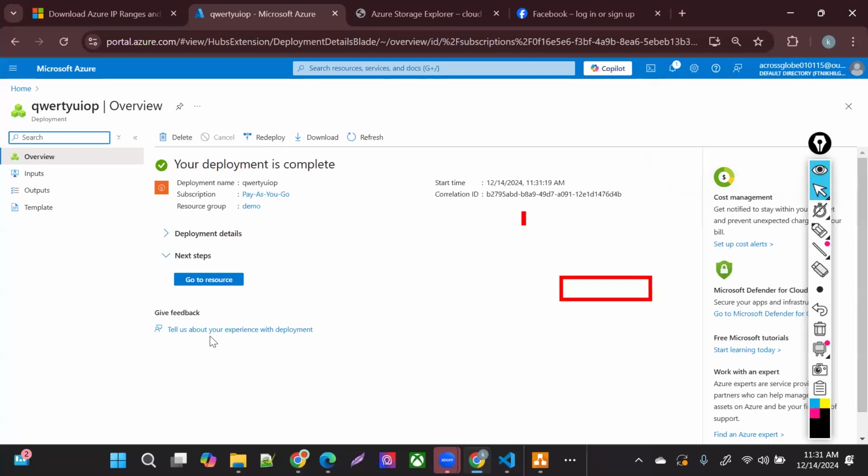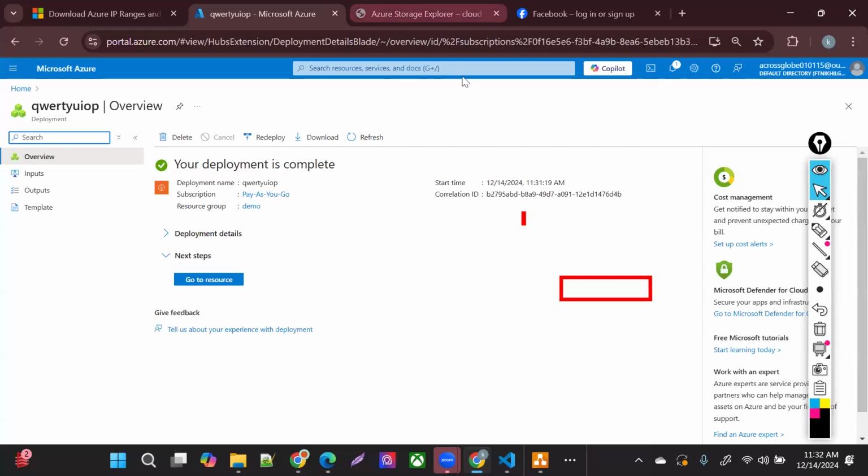Just write the variable files, and then you can do the deployment to create any resources, and it's very easy to manage, right? It's always recommended to manage your cloud resources via IaC, which is infrastructure as code. Terraform is not a part of this course, but I'm going to tell you about ARM templates, which is Azure Resource Manager, and how you can do the deployment using that ARM template.